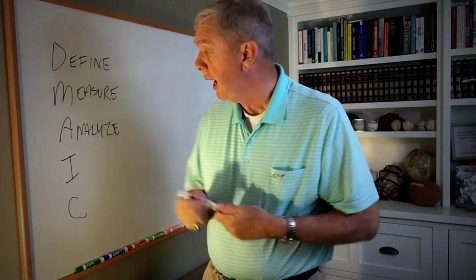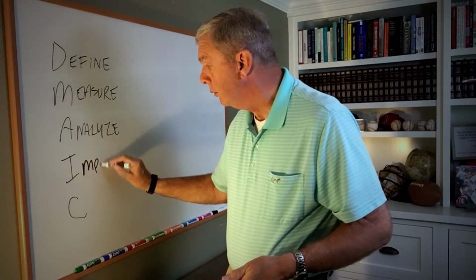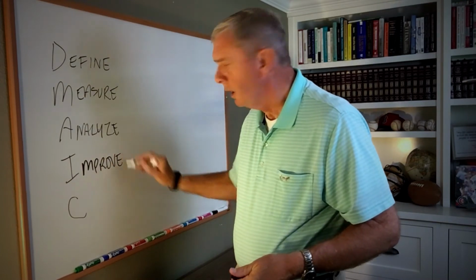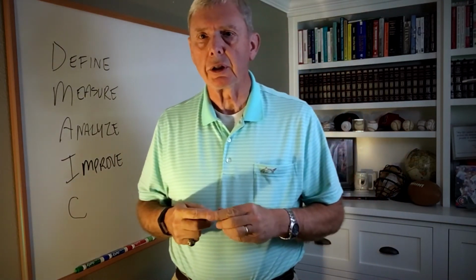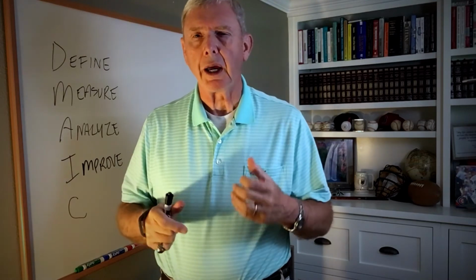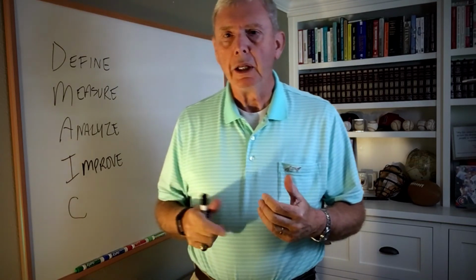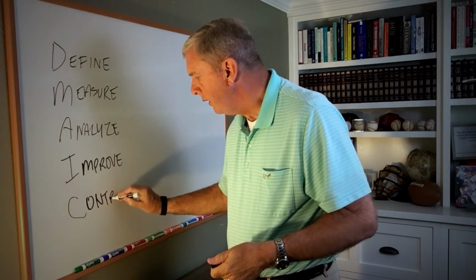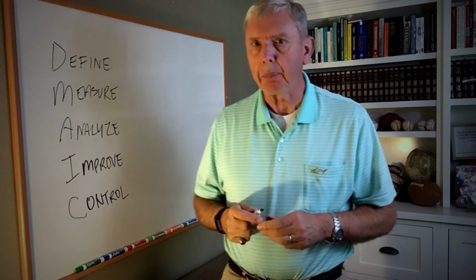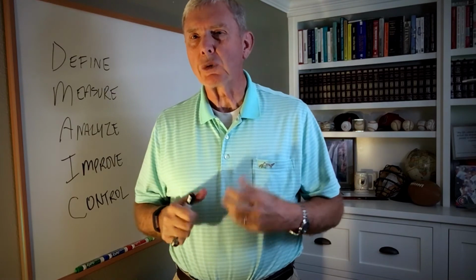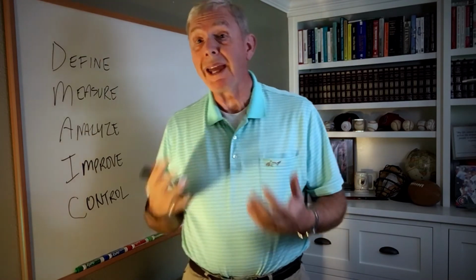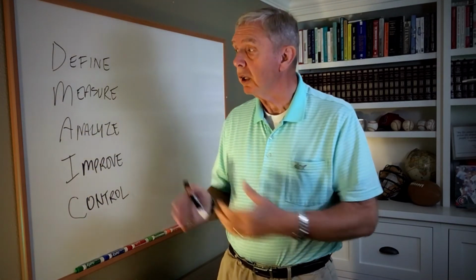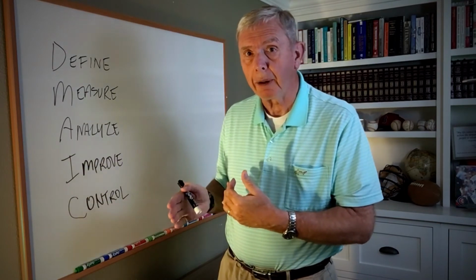Then when we come to the I stands for improve, which really can also be implementing a solution. So you might use the I either way, improve or implement. Finally, then the C is for control, used a little different than the way I use it in the PACER model. This is, once we know what the solution is, we maintain the solution. We're able to control it and stay on top of it.